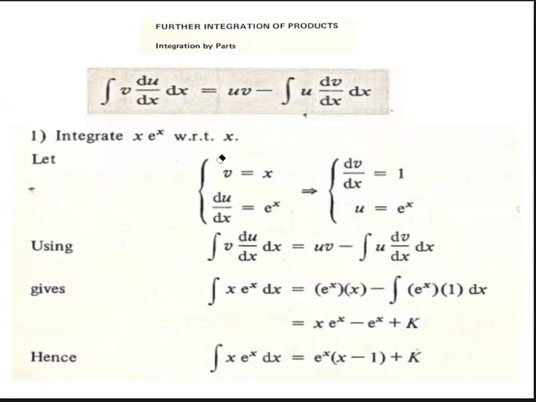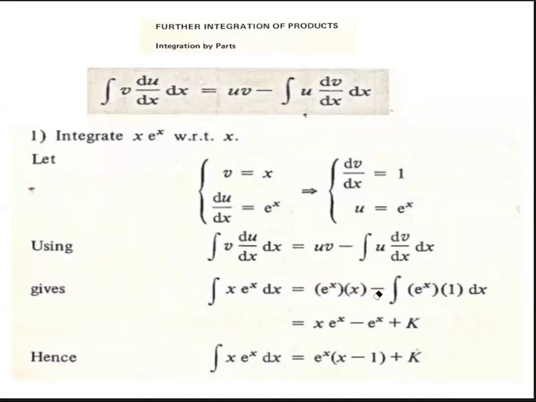So here, the x is the v. So you notice we will need dv/dx, which is 1. If v is x, then dv/dx is 1. And if du/dx is e to the x, then u is also e to the x, because the integral of e to the x is e to the x. So we're putting all these things now in this formula. Good. So we know this part. The formula calls for u times v, so this is u, this is v. So you get